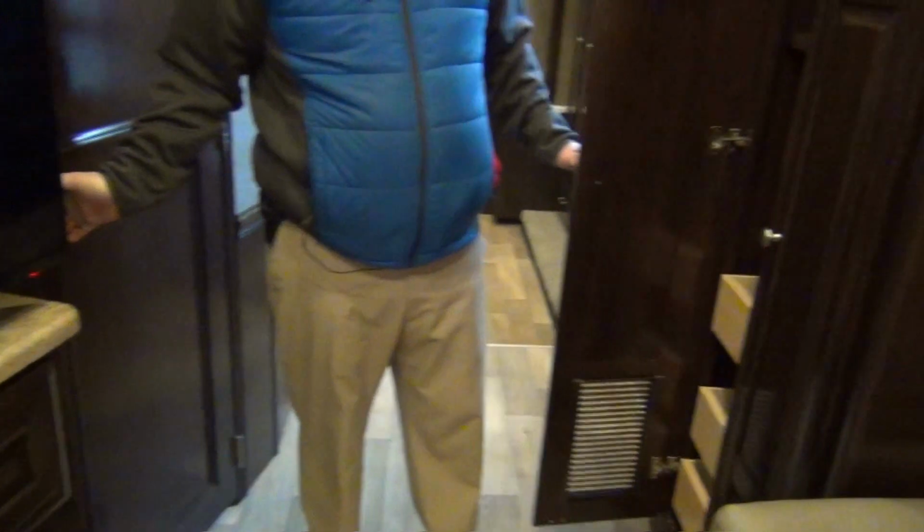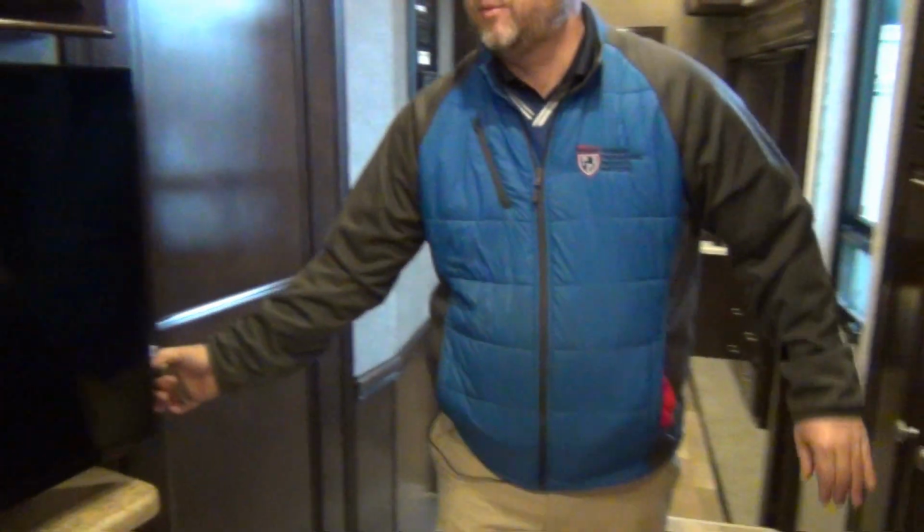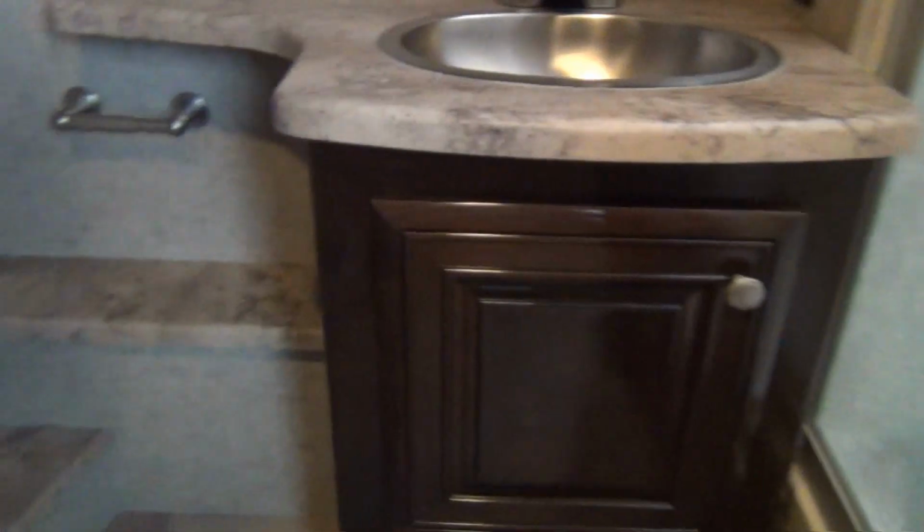Now, oh, I forgot. This is actually washer dryer prepped right here. So there's no washer dryer in here right now. We have drawers, but it is prepped for washer dryer. So if you want to add one, we can do that. I'm gonna let Tony get in there and film the shower